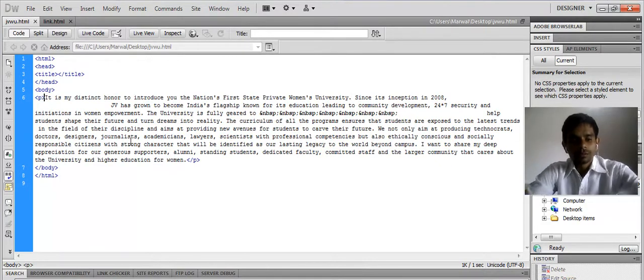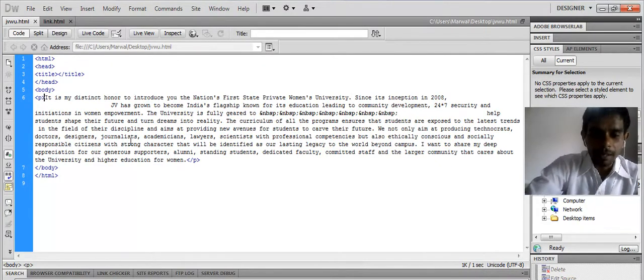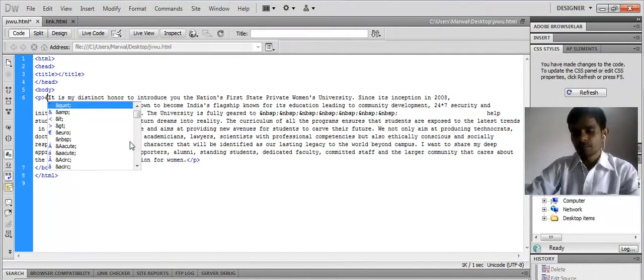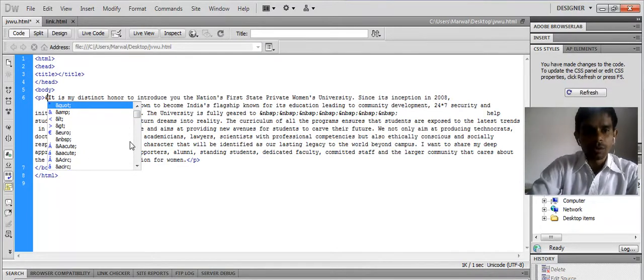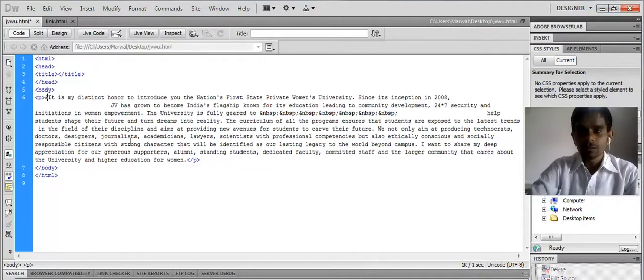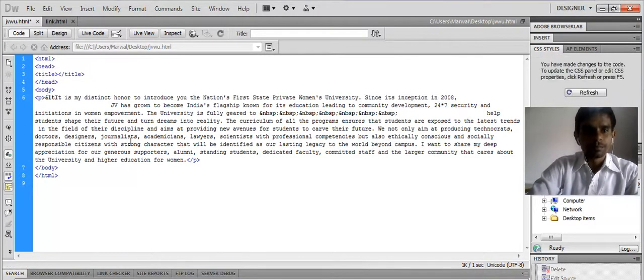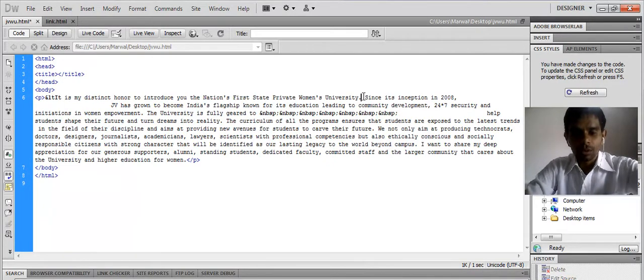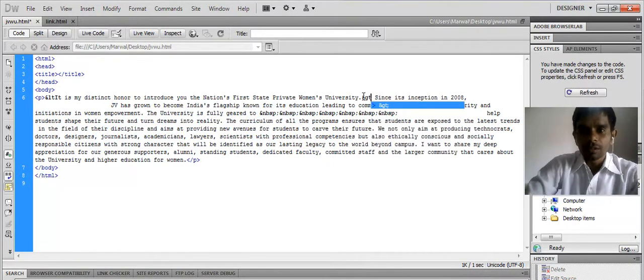I am just using an ampersand, and you need less than, LT, and you want another symbol over here, greater than.